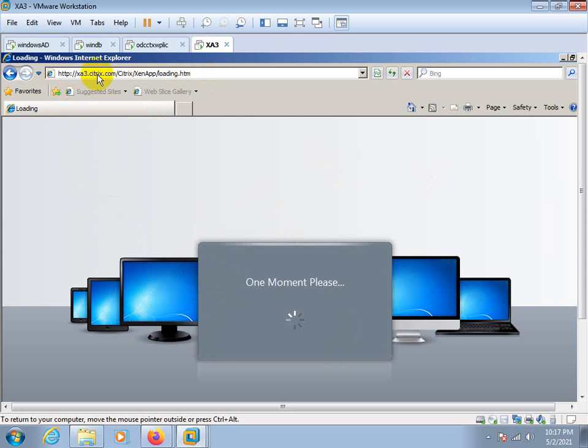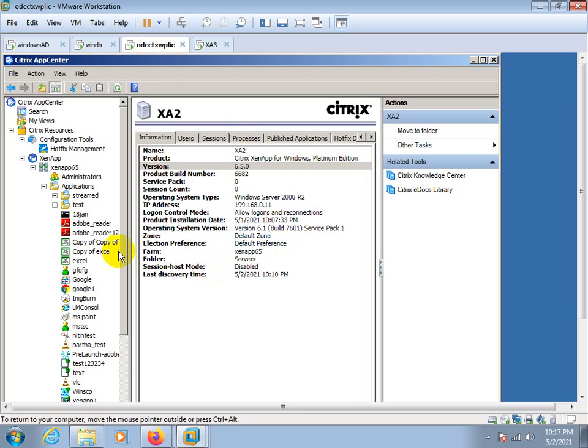I just configured this to show you guys how users access the Citrix environment. Users access the Citrix environment from this URL. But if you are a Citrix administrator, you will be authorized to access the server. Only you can log in to the Citrix servers and make changes from the backend.